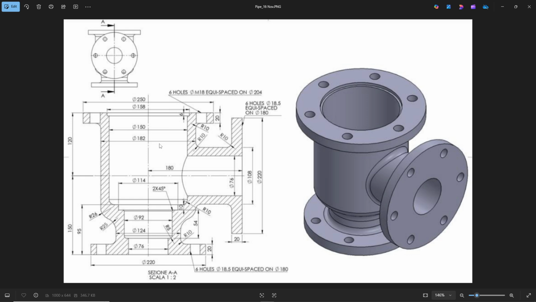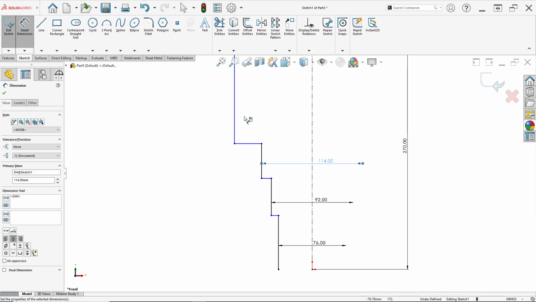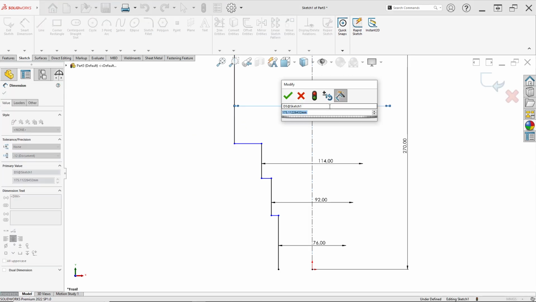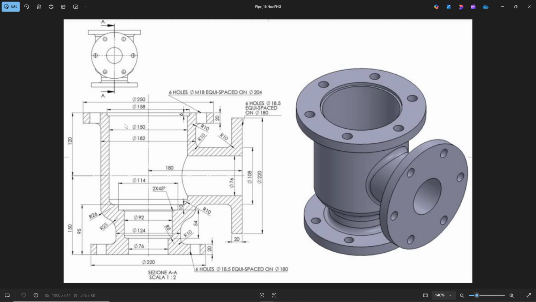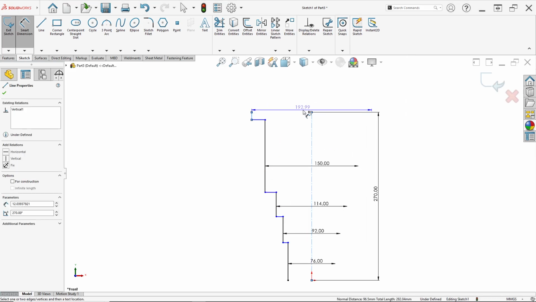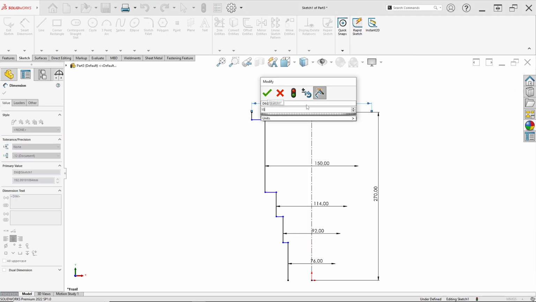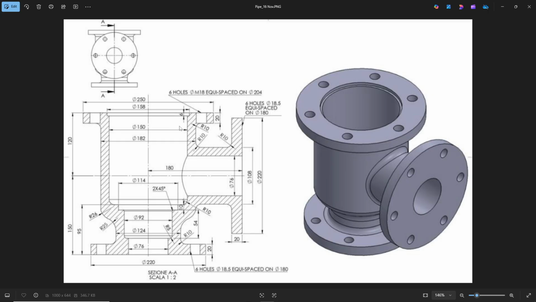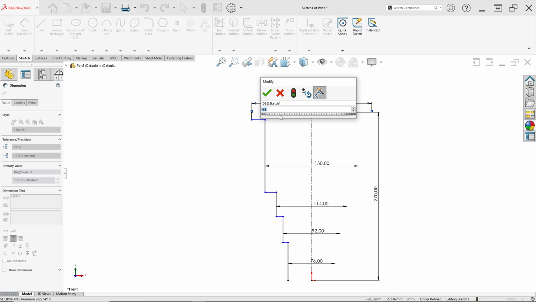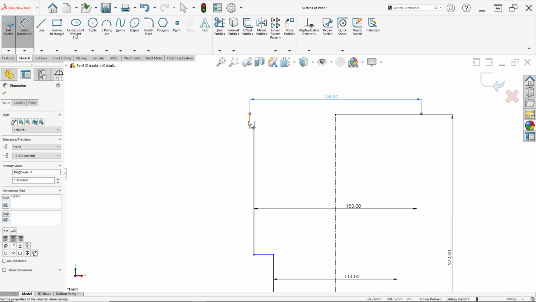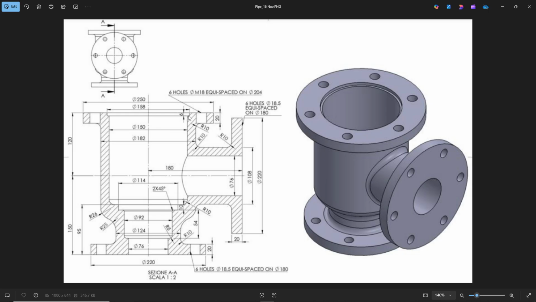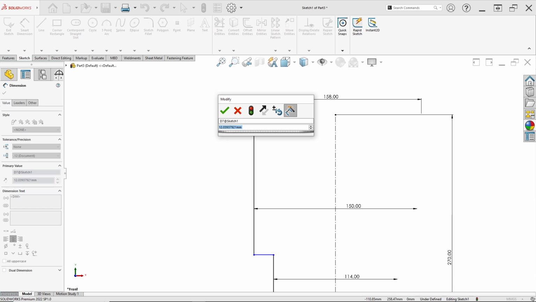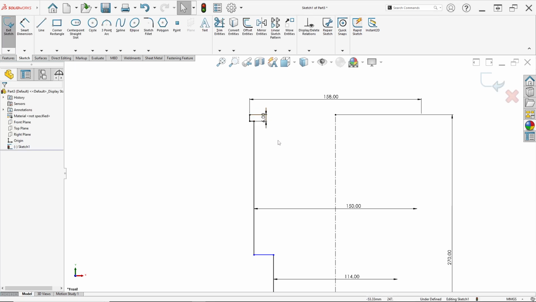Then this line to this line has diameter 150 millimeter, and here 180, 158 like this. Then don't forget this line has width 6 millimeter. Just input 6 millimeter like this.